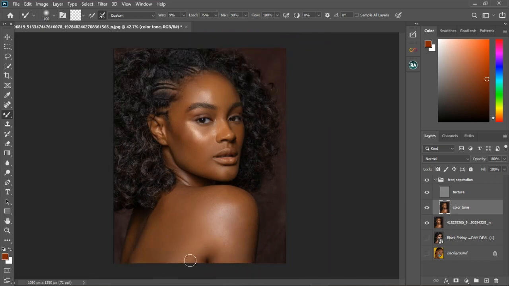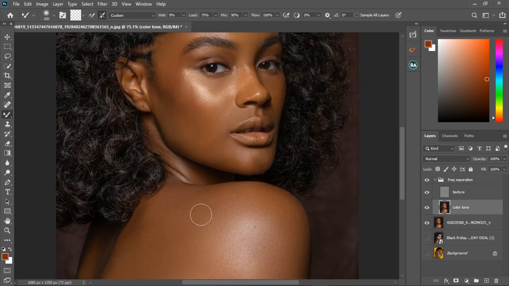Remember, we're only working on the skin now, on the color of our skin. So I'm just going to blend like that and keep blending. Remember, the highlights are important, so I'm avoiding the highlights. Not that I'm not going to touch the highlights. I'm going to touch the highlights, but I'm avoiding the highlights. So keep blending, keep blending. I'm going to quickly do this,